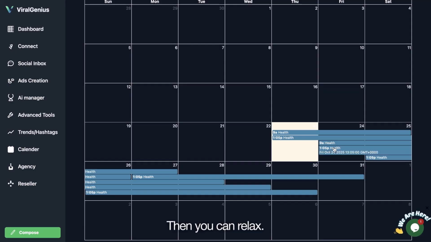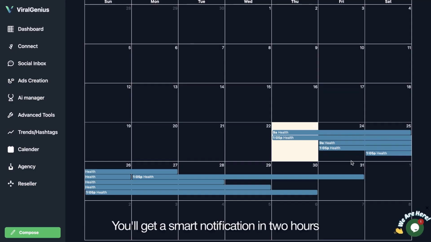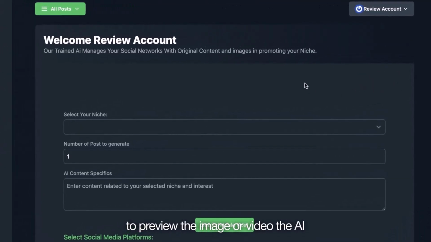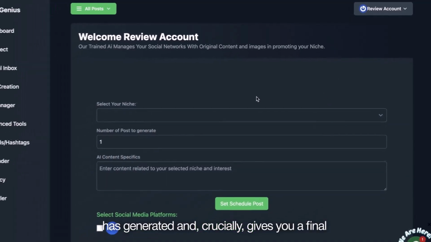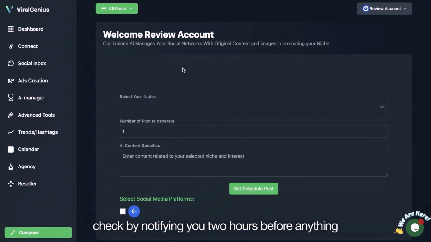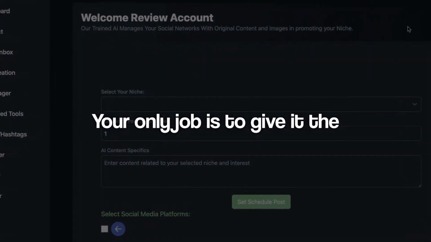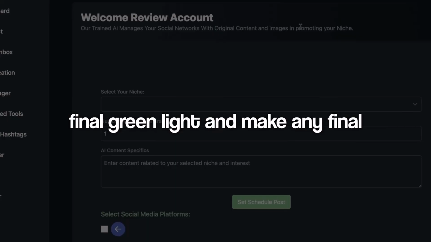Then, you can relax. Just keep an eye on your email. You'll get a smart notification 2 hours before the post goes live, giving you a chance to preview the image or video the AI has generated, and, crucially, gives you a final check by notifying you 2 hours before anything goes live. Your only job is to give it the final green light and make any final tweaks before the